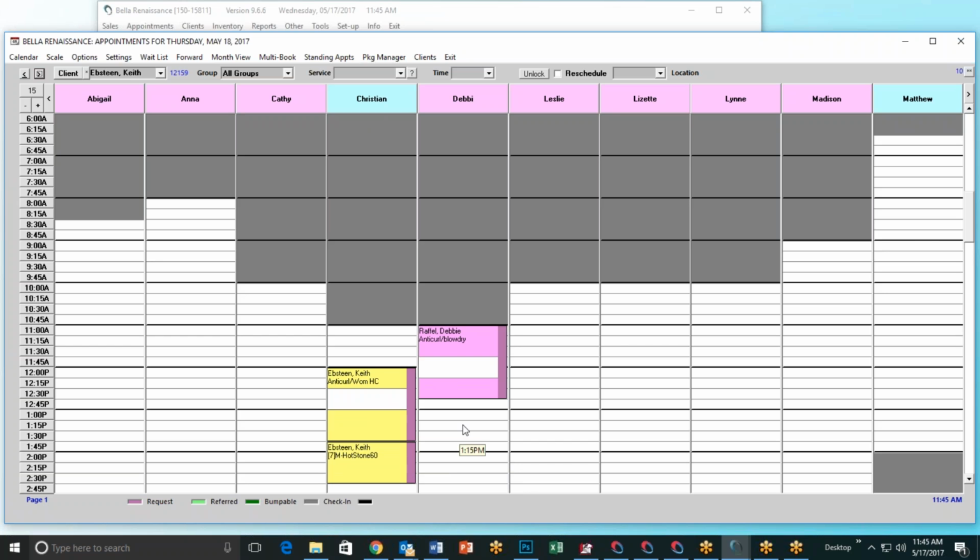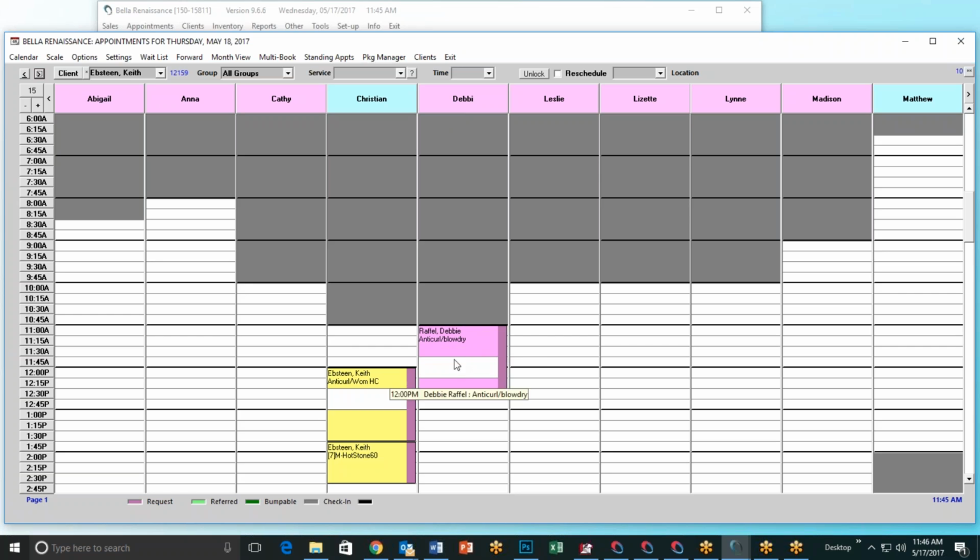Now, it's often not seen in spas, but in salons, let's say that you go get your hair colored. That would be what we call a single process. So you've got your chemical time, then you have your processing time, and then you have your finish time. The processing time is when Debbie, for instance, could stick an additional half-hour service in here for somebody else. This is the time that Debbie, the provider, is processing, and therefore she is able to book another appointment for somebody else